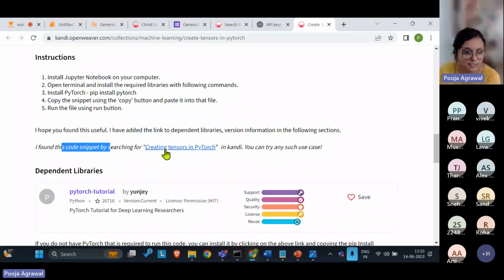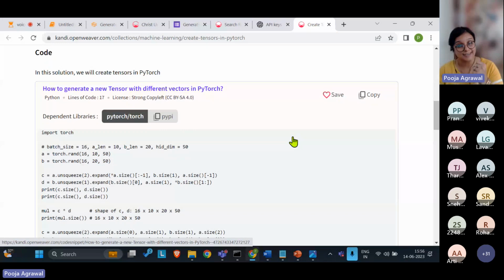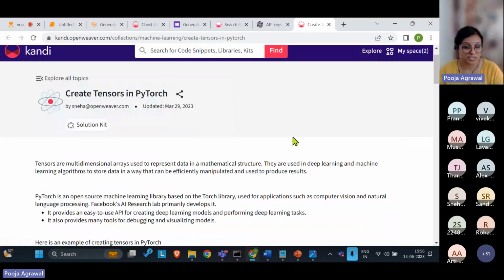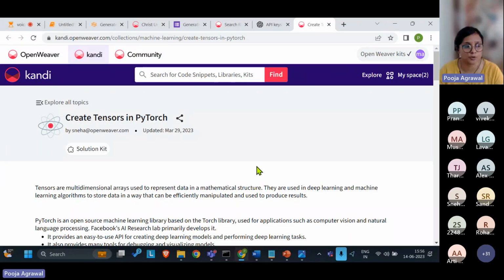What did they search, right? When you click here, creating tensors in PyTorch is what they searched. And then you can see this is the code that was copied. This is the dependent library. So you can get a little bit more detail on the things if you would like. So we will share the link for this with the email that we will send you for week 2 today itself. And this should be helpful for you to review your solutions, what better you could have done, and how to utilize the platform a little better.